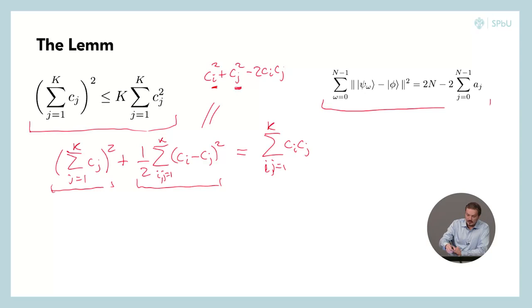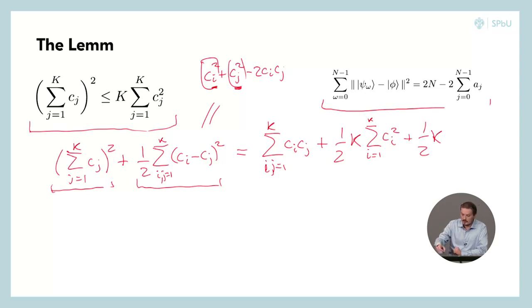So what we have here is actually plus k times the sum over i equal to 1 up to k of ci squared plus k times the sum over j from 1 to k of cj squared for the second term. This was for the first term here, and this is for the second, and minus